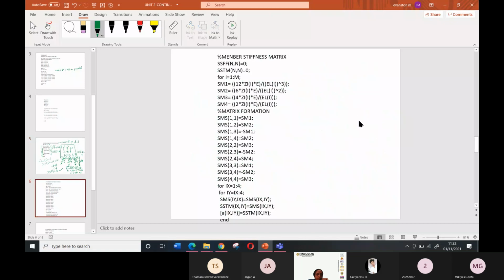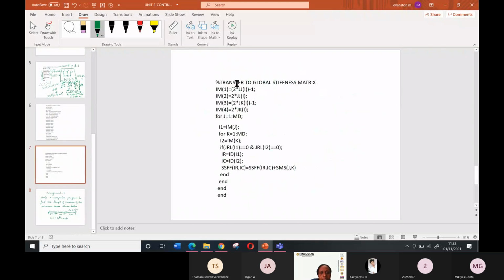So now we are going to formulate the stiffness matrix. If you know that one, then a few more lines are there. This page and only this page. That's all, it's enough. You should know the concept of how it is formulated. That is enough in your second unit.